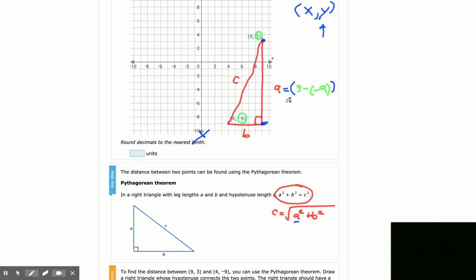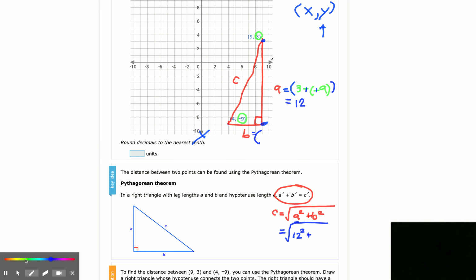All right, so then A equals, 3 minus the -9 is actually 3 plus 9. So A equals 12. So right away I can say, oh, well, then C equals the square root of 12 squared, plus B down here. B is going to equal,